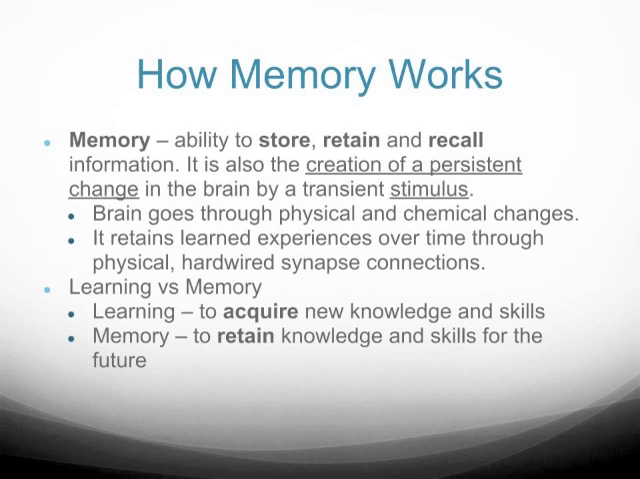Memory is the creation of persistent change in the brain by transient stimulus. The brain goes through physical and chemical changes. It retains learned experiences over time through physical hardwired synapses. Learning versus memory. Learning acquires new knowledge and skills, while memory is the retaining of knowledge and skills for the